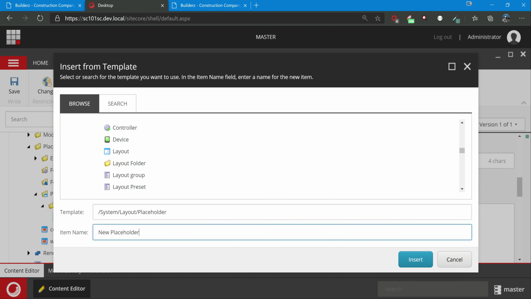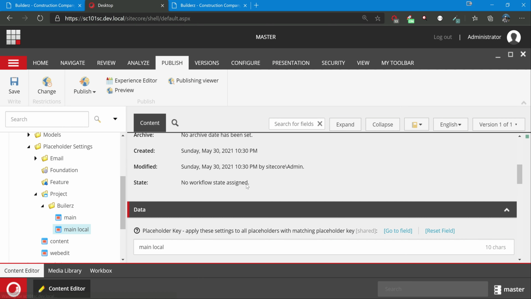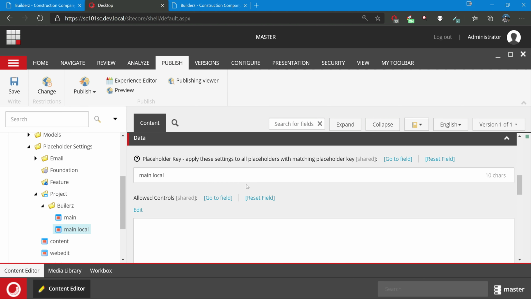Okay, it's already selected, so I'll just put main local. The important thing is that whenever we create a local placeholder settings item, for page-specific or template-specific use, the placeholder key should be empty, and edit.